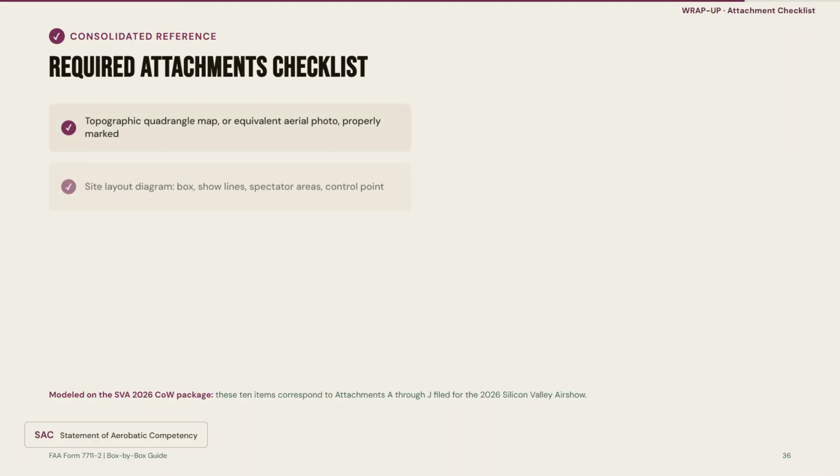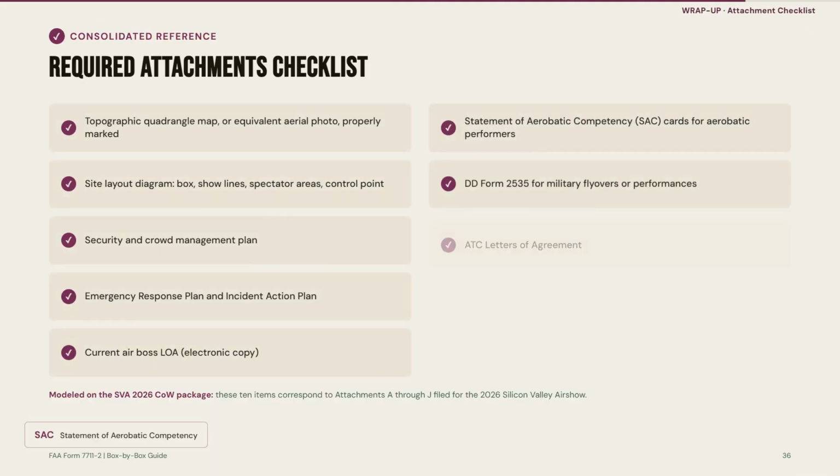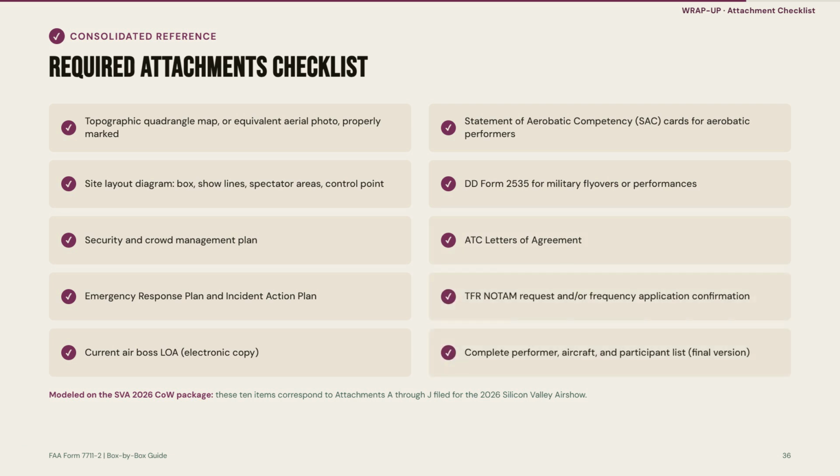This slide consolidates everything we've covered into a single required attachment checklist, modeled directly on the 10 attachments filed for the SVA 2026 package. A properly marked topographic quadrangle map or equivalent aerial photo. A site layout diagram showing the box, show lines, spectator areas, and control point. The security and crowd management plan, the emergency response plan and incident action plan, a current Airboss LOA in electronic